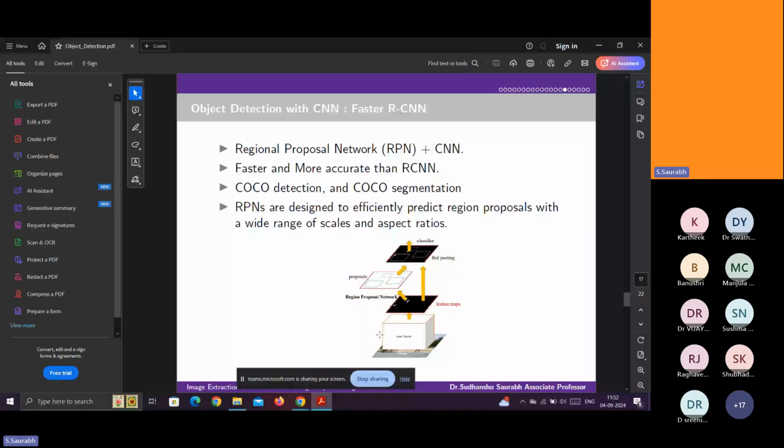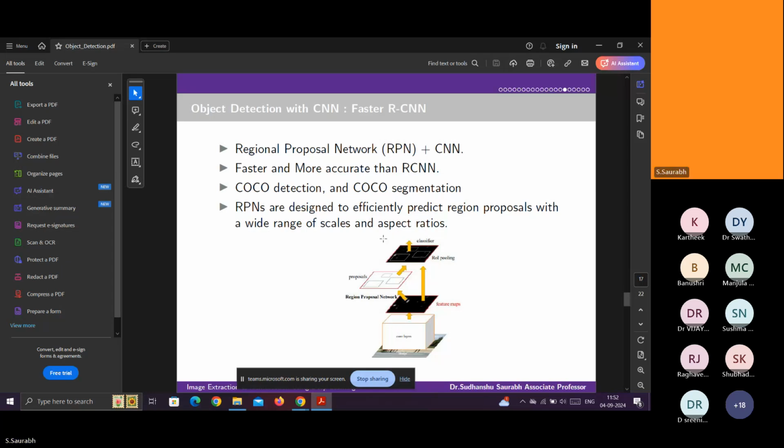After that, the features are generated by these hidden layers, and another layer we have to train, that is the RPN layer, also known as the region proposal network. This layer will detect and pool, because many mathematics are here. Those mathematics take care of the region of interest. That region of interest is pooled and then given to the dense layer, and after that the classifier is there, and that classifier classifies the image.